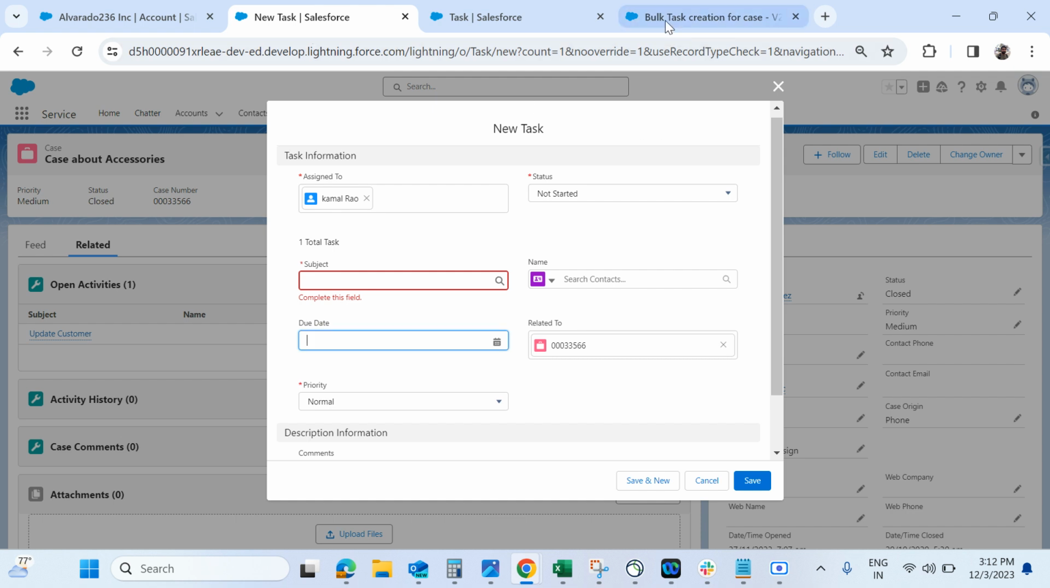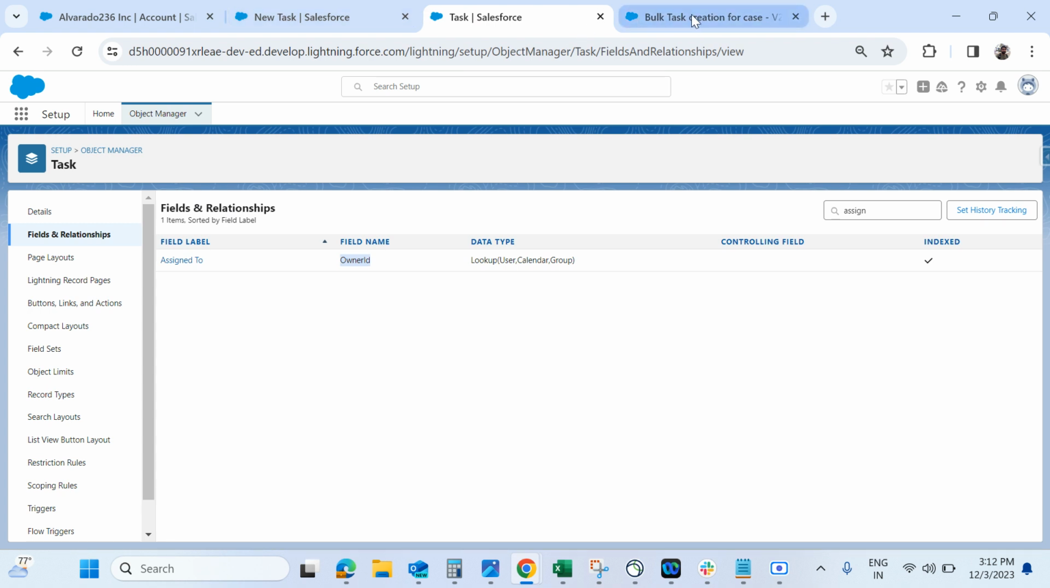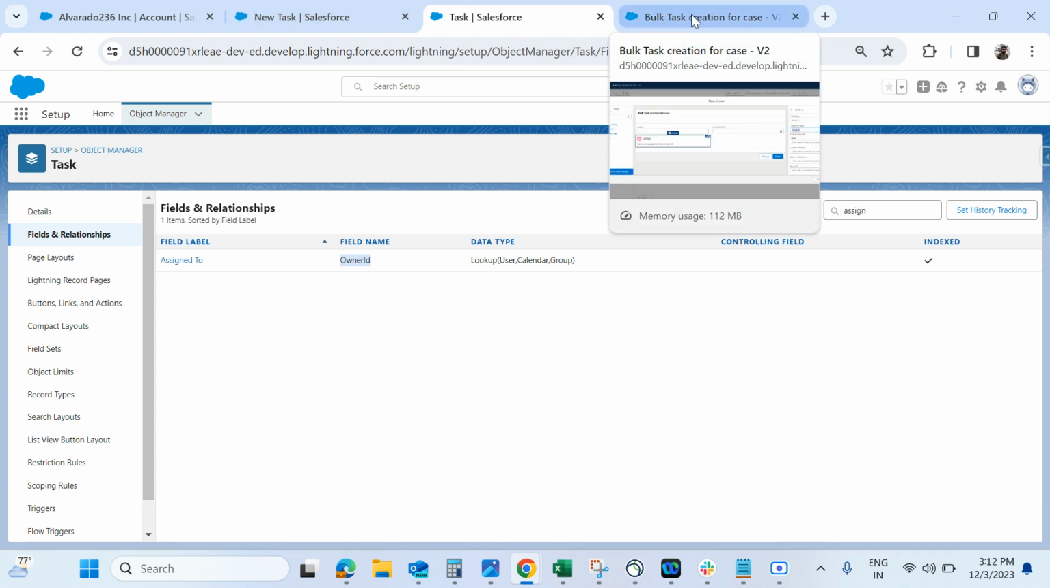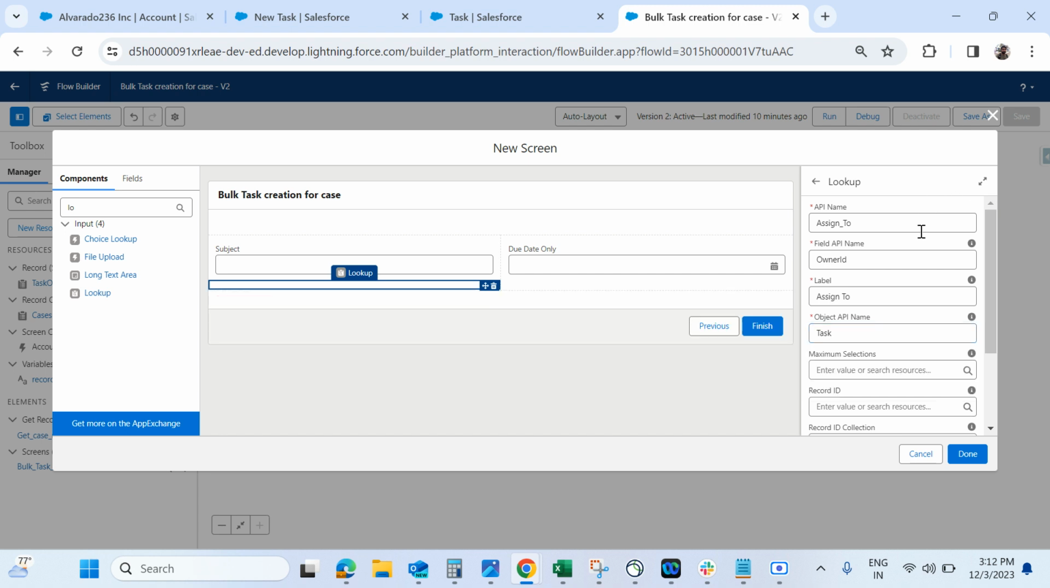I'll go here. I'll write what ID. Sorry, what is it? Field API name, it's saying the owner ID. Okay, let's go and write the owner ID only. And then I'll say here assigned to. Okay, and then object API name. I'll say task, and then